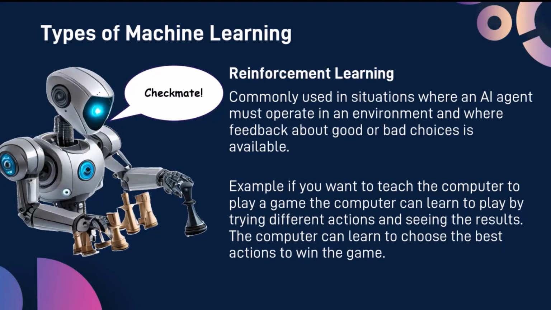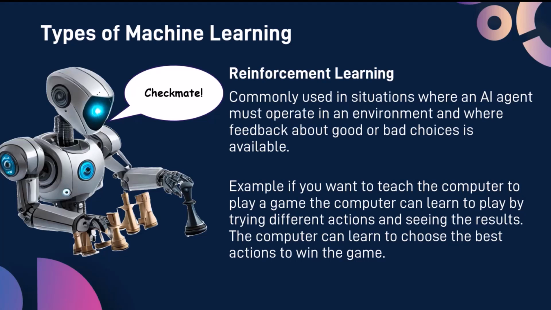Then we have reinforcement learning. Reinforcement learning is when the AI learns from itself by actually doing something. For example, when it comes to games, even video games, the AI could learn how to play the game, because we can give the AI the rules of how to play the game, and it will try to play the game by following the rules. And when it basically manages to win the game, it will recognize that way of playing is good for the AI to be able to beat the game. So it will become better and better to be able to play the game and to actually win the game. And that is called reinforcement learning.